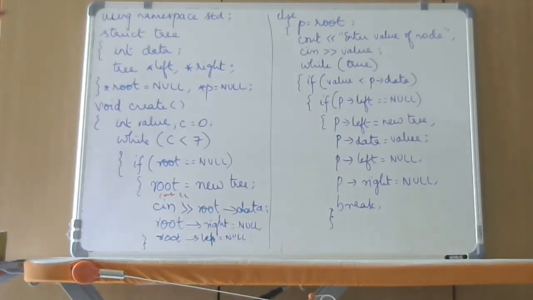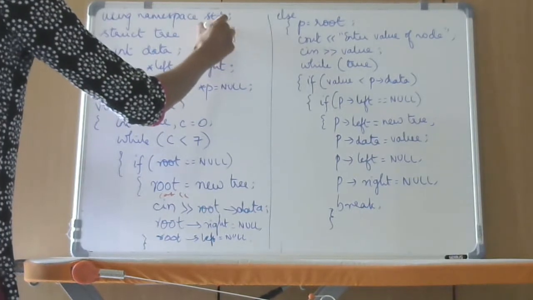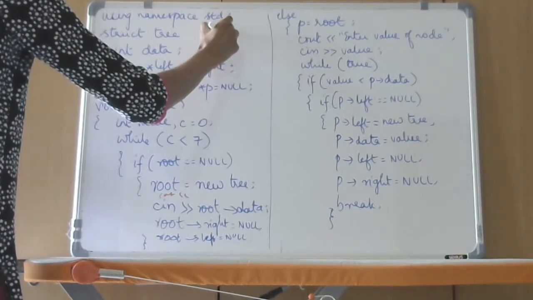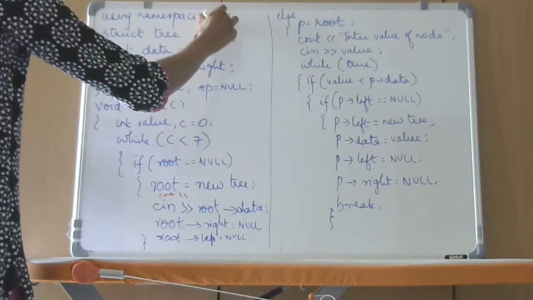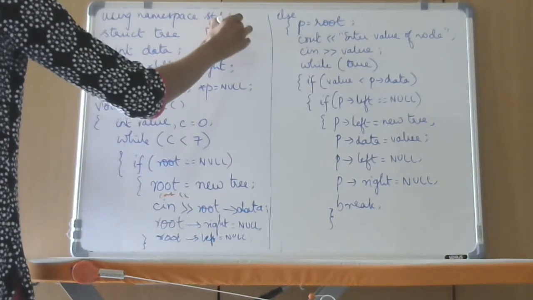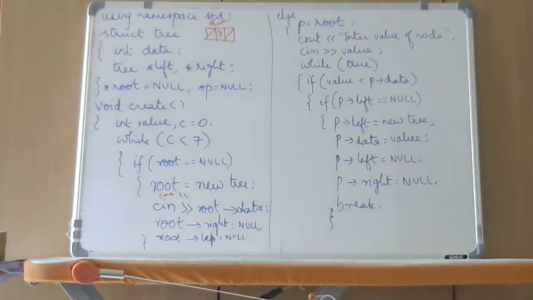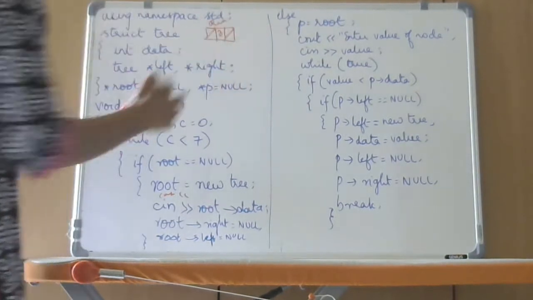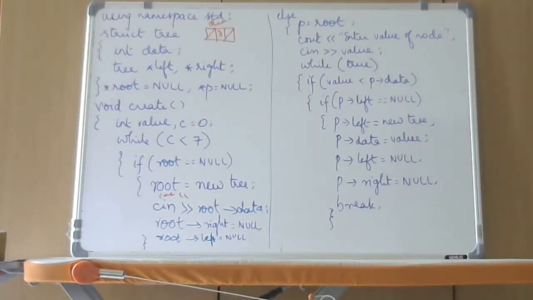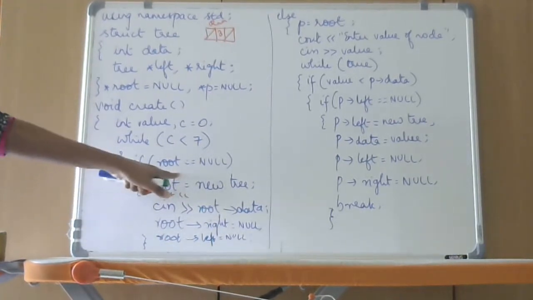Suppose I accept like this, so this is the only value. Suppose the root is 3. This is my root. So root of left is null, right is also null, because that's the only node that we have inserted. Else, that means I already have a tree existing. I am going to add a couple of nodes, which means else means root is not null.